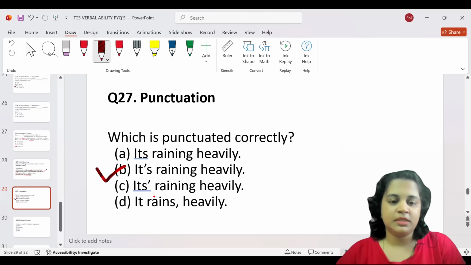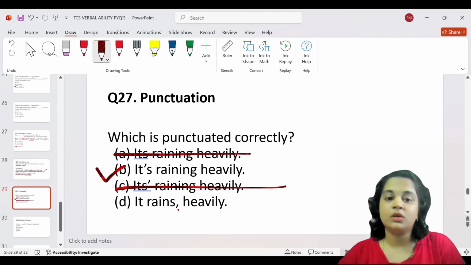it clearly is not. It's because there's no punctuation mark here, and the punctuation mark is wrongly placed in this sentence. It rains heavily. Okay, this could be correct. It rains heavily. It's raining heavily. But it rains in itself is a complete sentence. Sometimes we don't need a describing word along with it. So it is option B. It's raining heavily. That would be more correct.